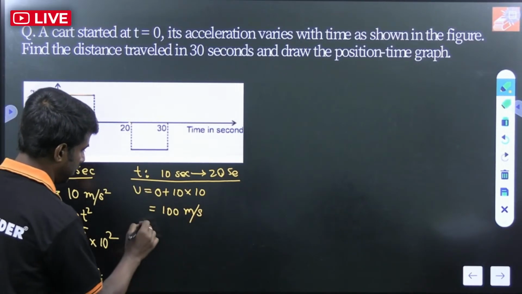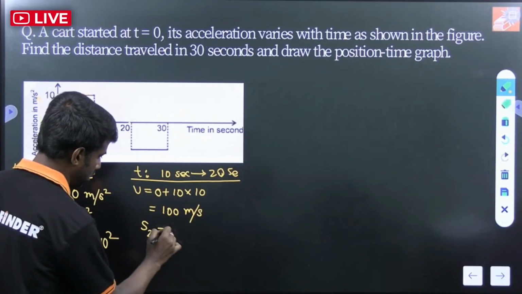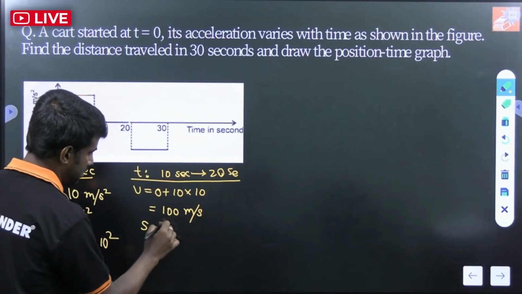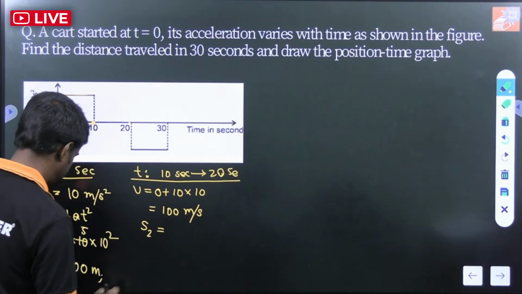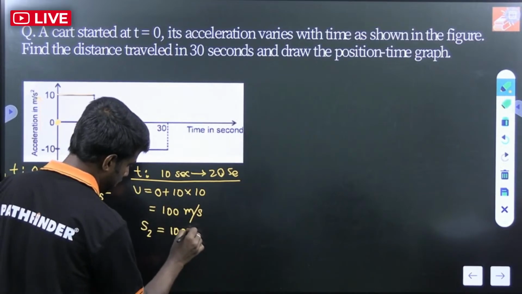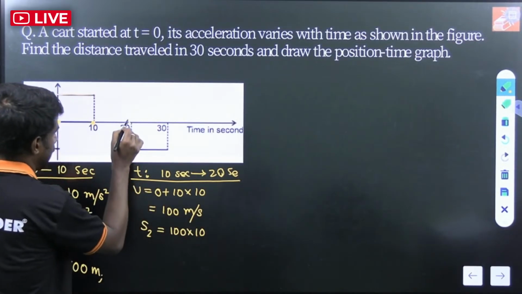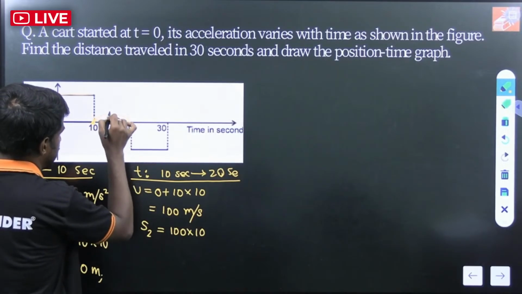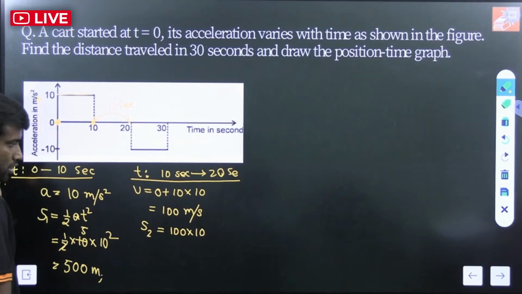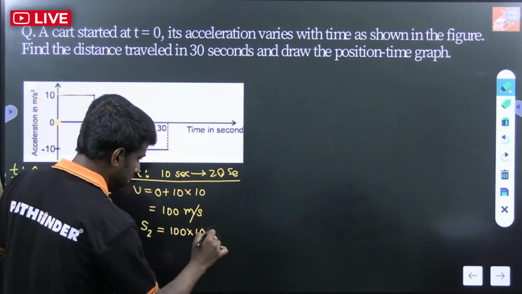So now we will find out s2. How much distance travels in 10 to 20 seconds? That means ut plus half at square. So s equals ut plus half at square. u is 100 into time, 10 seconds. This time duration is 10 seconds only, because 20 seconds minus 10 seconds is 10. So ut plus half